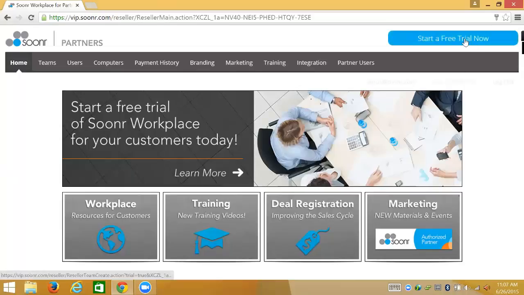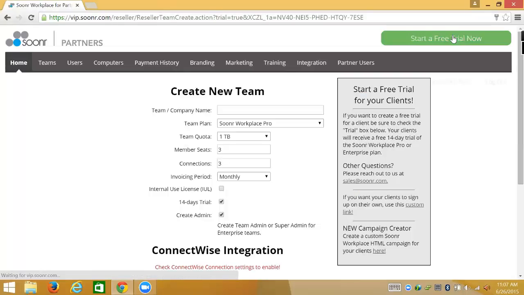Starting a trial is up here at the top right, okay? This is how you start trials for clients. You just click here like this, and it'll open up, and you're going to put your client's name in right here, and what version of the service they want to play with, and it'll recommend what resources are associated to that plan. And then if they want to do monthly or annual billing,